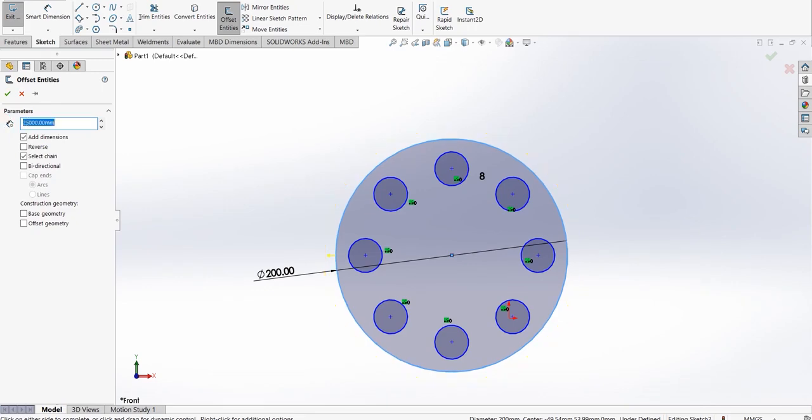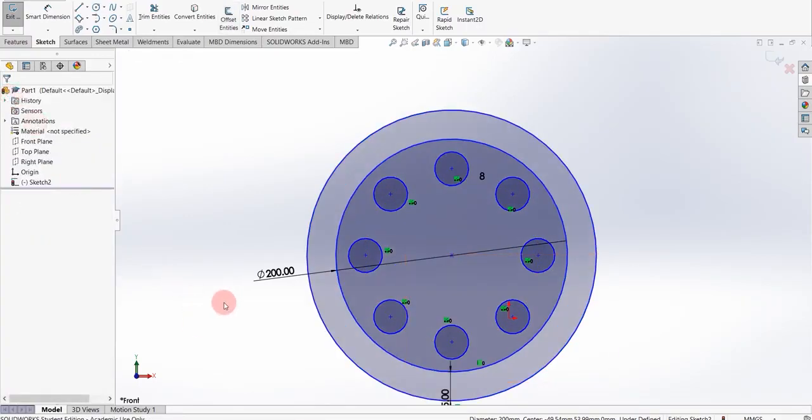So as I say, I want it at 20 mm or say 25 mm. Sorry, 25 mm. You can see at a 25 mm distance another circle is generated. If I check the box reverse, then the circle which was firstly outside of the original sketch is now inside of the original sketch. So I'm selecting outside, and as soon as I click OK, you can see another sketch is generated.